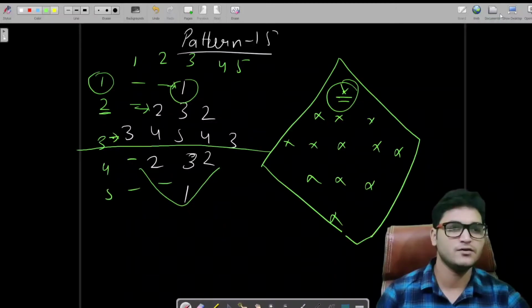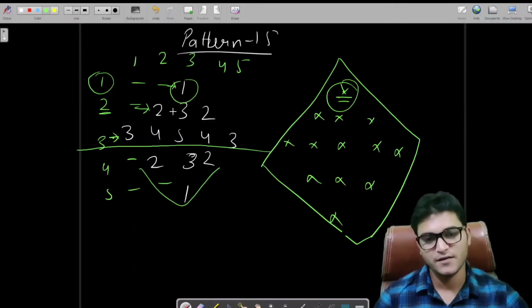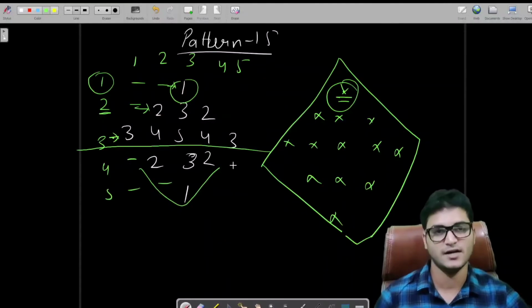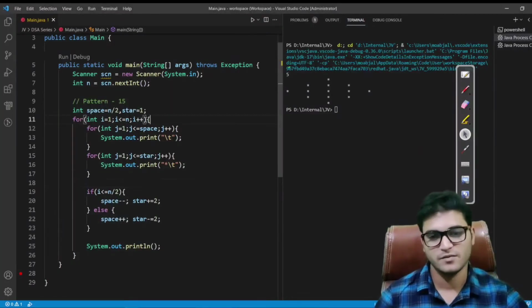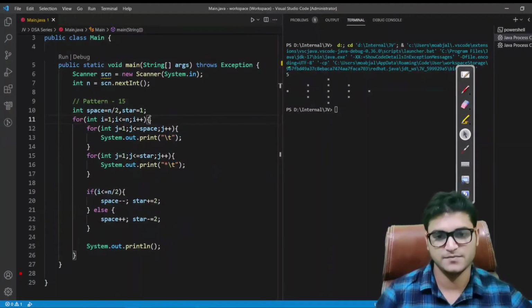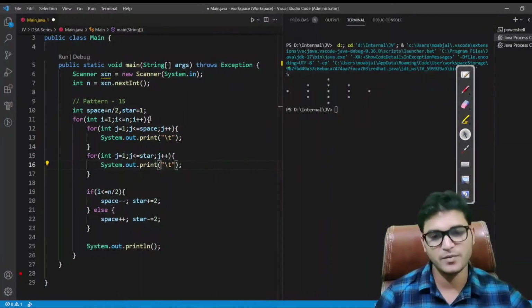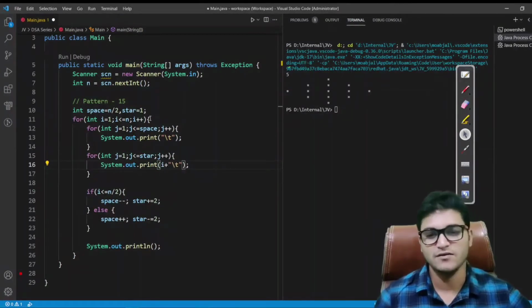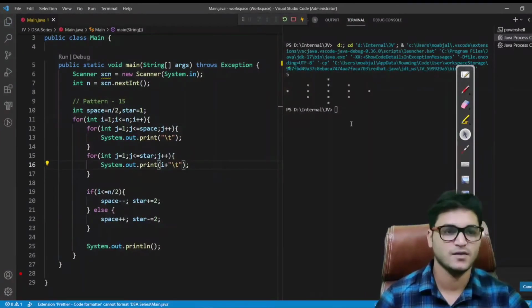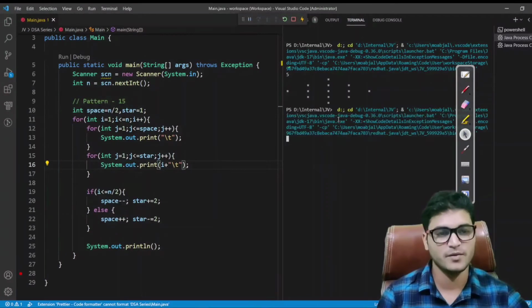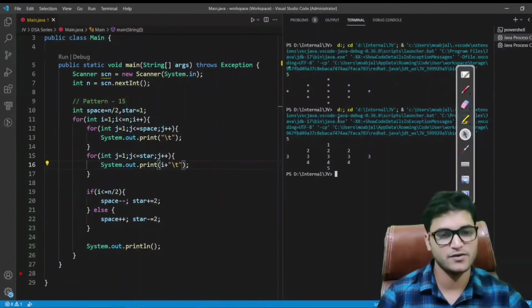So what we will do, if you look here, we are just printing the value of i, and we are somehow handling it for increasing and decreasing. We'll see that later. Let me first print the value of i instead of printing the stars, of course. So with this slight change, let's see what we are going to get. I hope you are able to see what we are going to get.